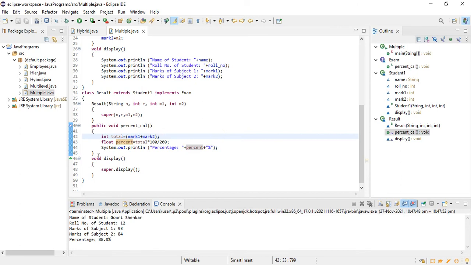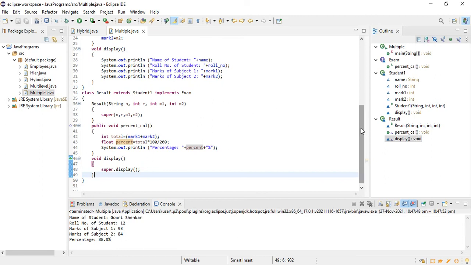In the display method, I call super.display, because the super keyword is used to call my superclass method. I already informed you in a previous example that whenever we have the same method in both parent and child classes, we can use the super keyword to access the method directly.